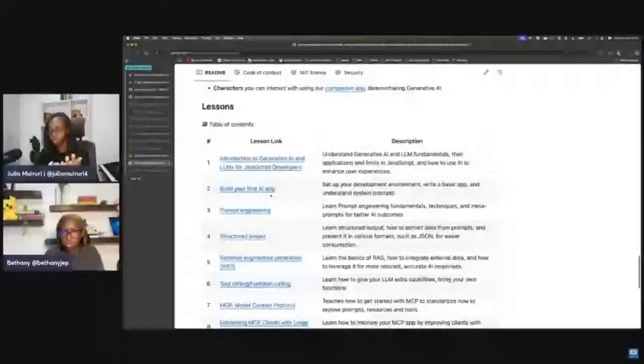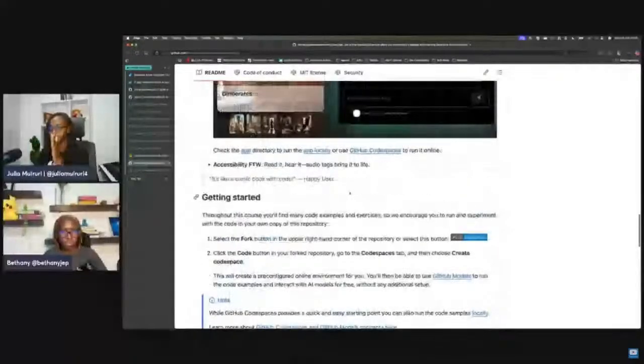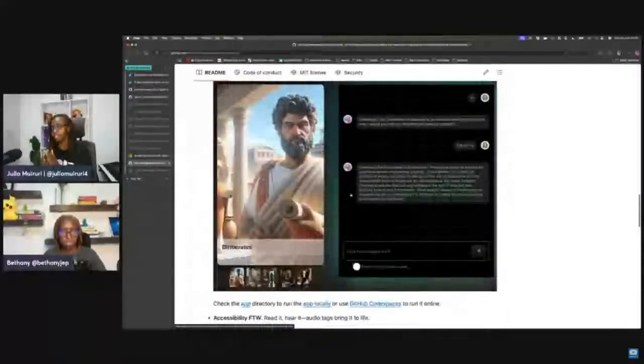It's also not a typical curriculum because it follows a time travel sort of fiction story. So you're able to actively learn in a new design. You're able to implement different concepts using JavaScript. Again, this is a really good resource that you can use to upskill in AI and agentic development.